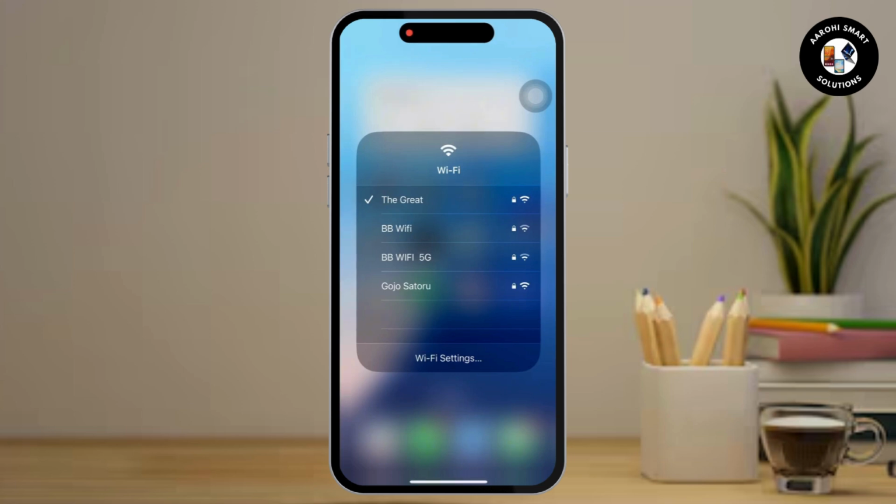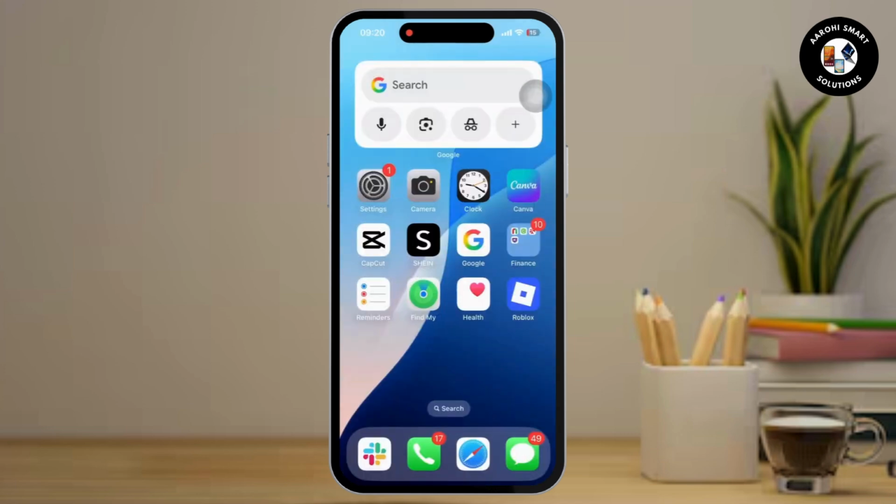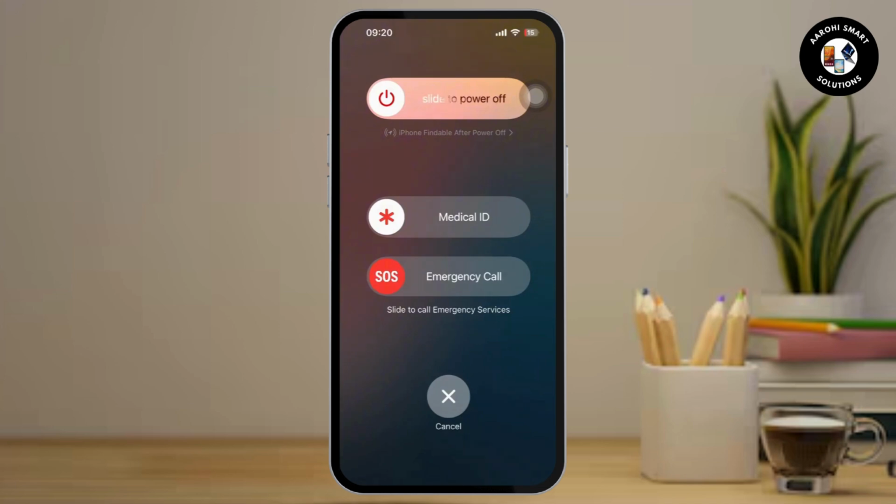Now, once done, simply try restarting your device. A simple restart can fix many issues. It is simple but effective. It clears memory and stuck processes. So now all you have to do is slide to power off, wait for 10 seconds, and open your device